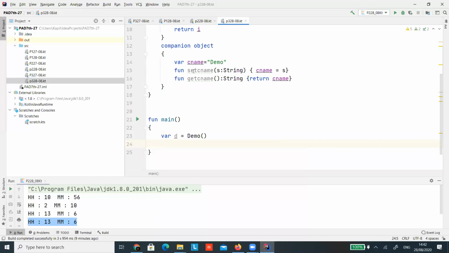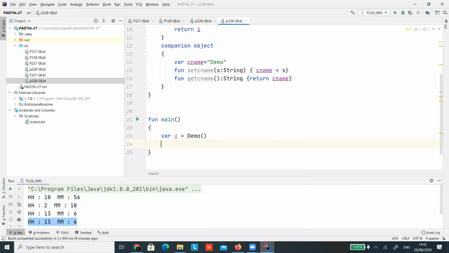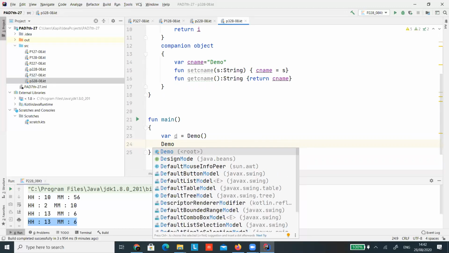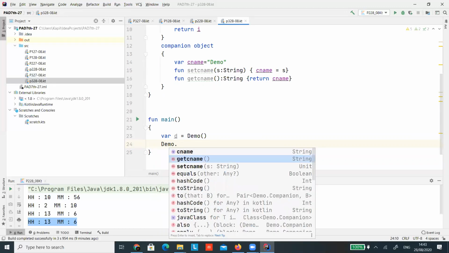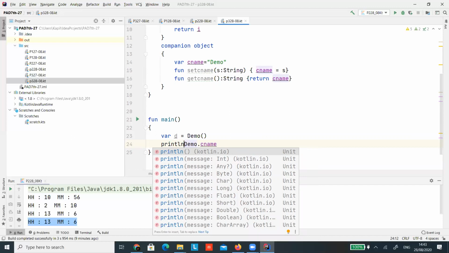But suppose I'm trying to call getCname and setCname, will it work or not? It is not there. But can I write it this way, Demo dot cname? Yeah, you can see cname, println.